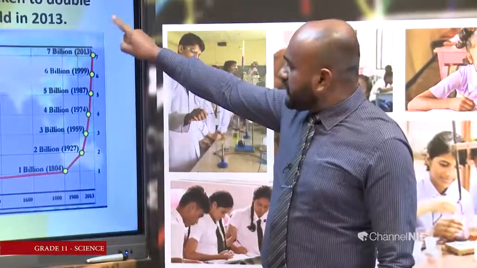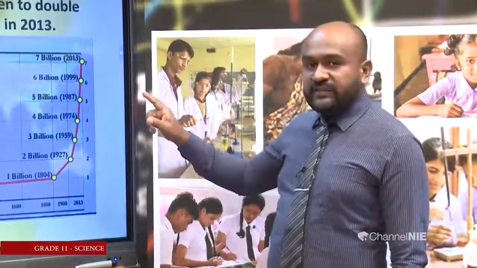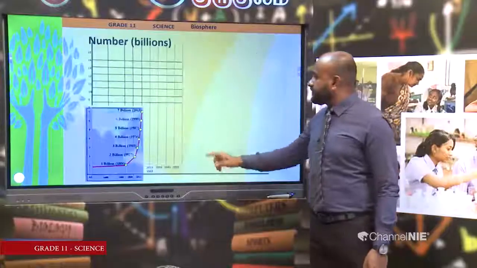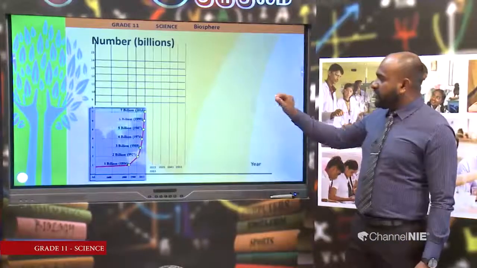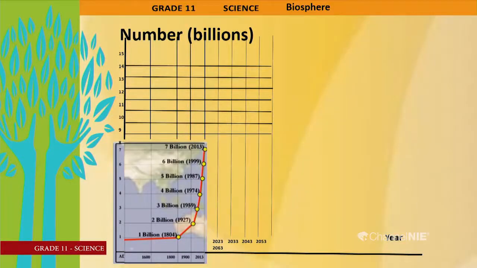So, you can continue the graph according to the way that it goes, and then you can take an estimated value. You can see that in the next graph. What we have to do is continue the graph according to the way that it goes, and then accordingly we can get an estimated time for doubling of the population. You all can do that later. So, you can see how it is done, and then accordingly you can get the time.